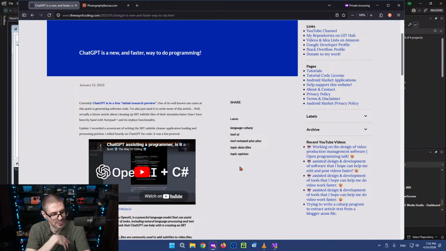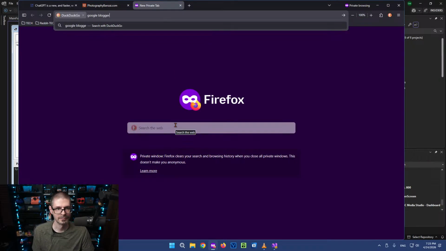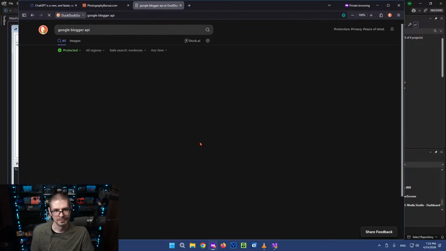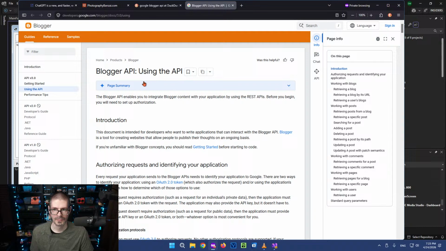It has usage limits. Let's see if I can find it. Yeah, so here's the bit of information on it.